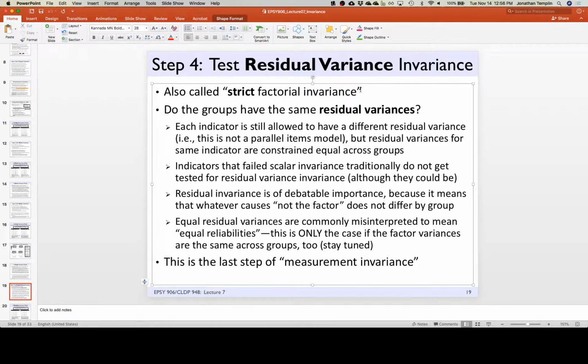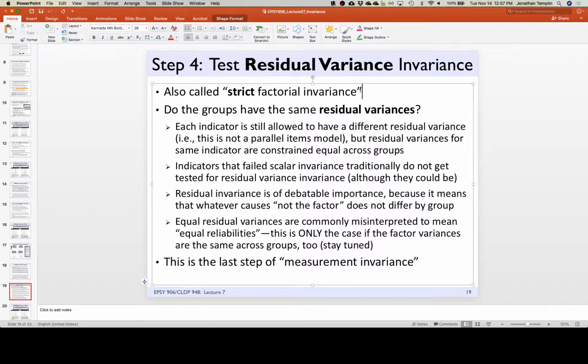Well, if we know in our analysis now that the factor loadings are identical across groups, but perhaps the residual variances might vary, what that really means is that there may be better reliability and precision of measurement in one group versus the other, but we're measuring the same thing. Does that make sense? A little bit? Can you repeat that again?